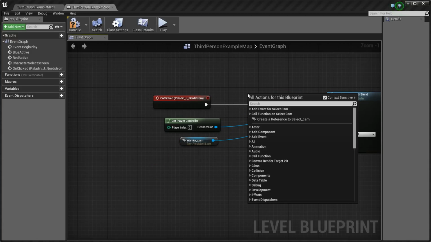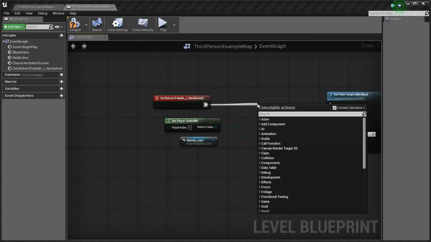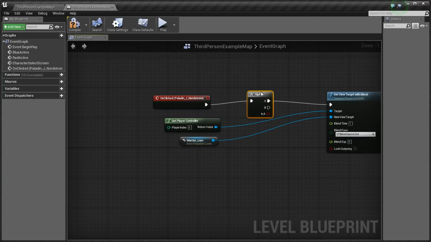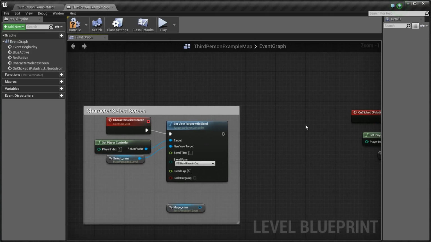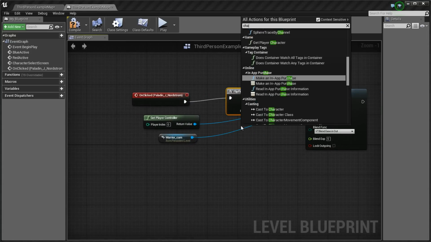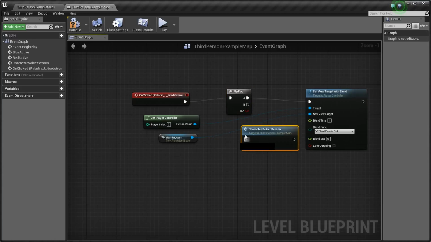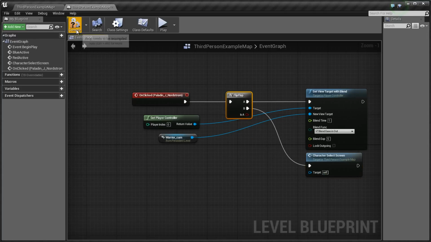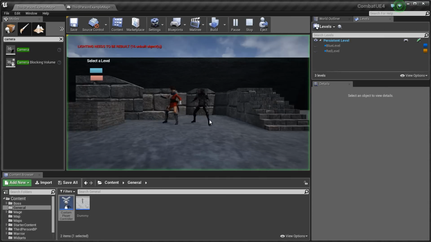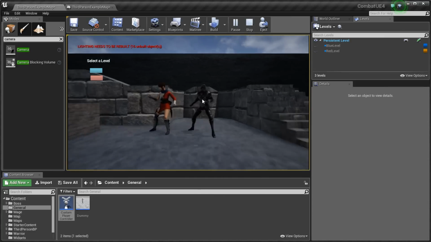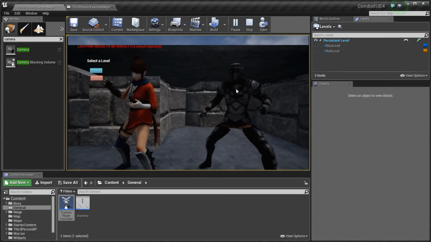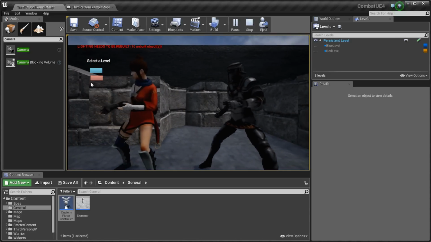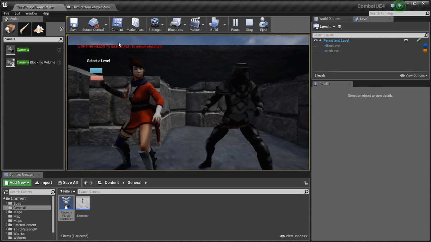And I'm also gonna drag a wire out and type flip flop. So when you click on them a second time it should call this event character select screen. There you go. So let's compile and test that. There. That's working, but if you want the player to select a level before doing all this, you need to